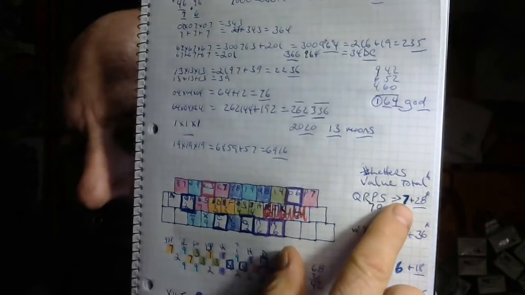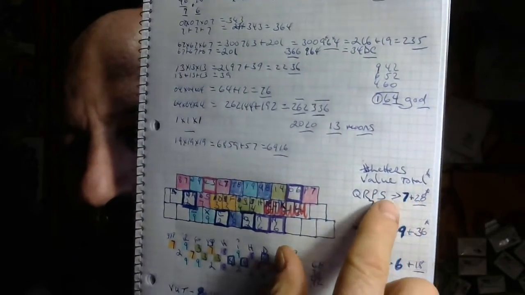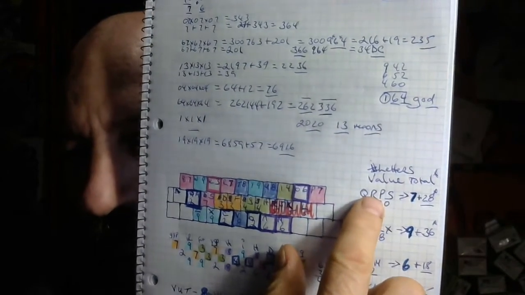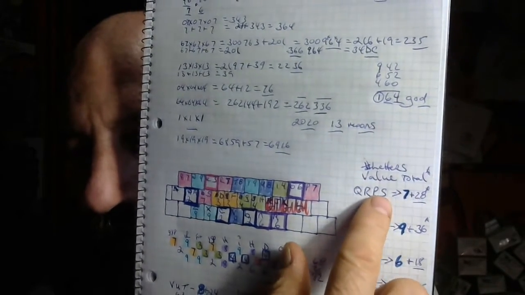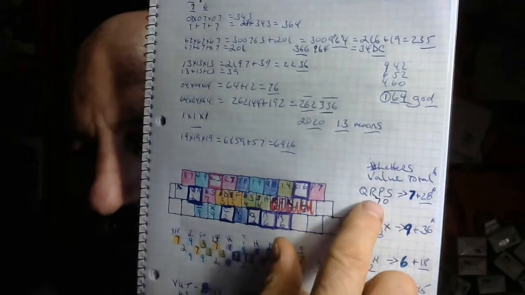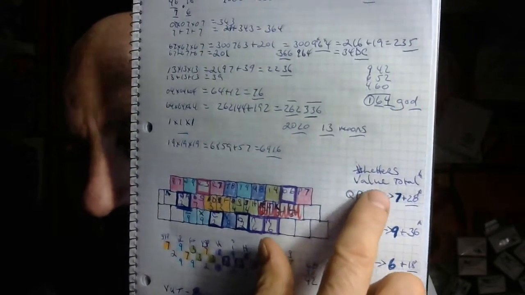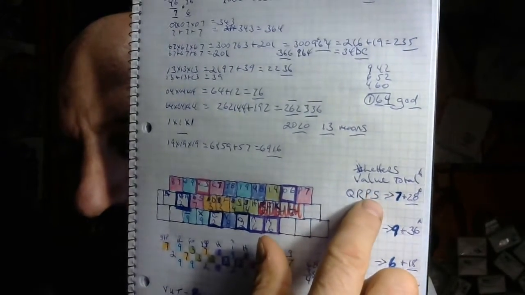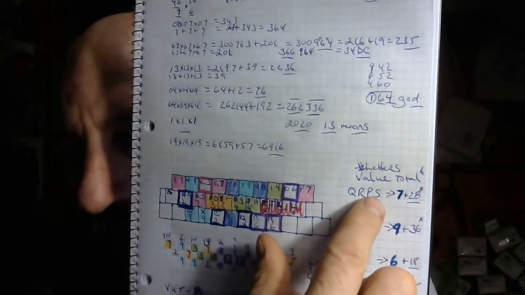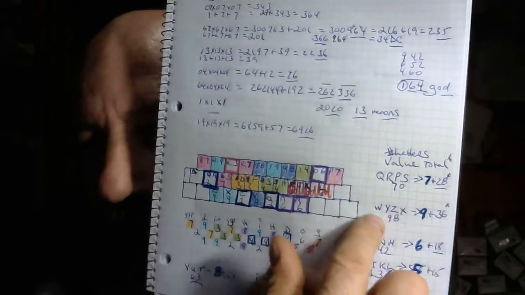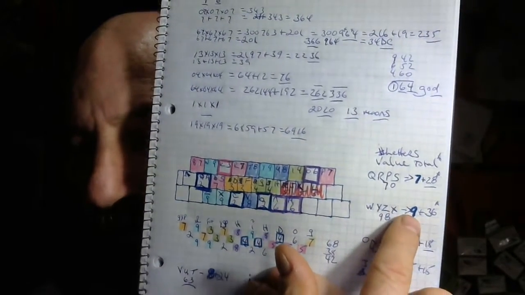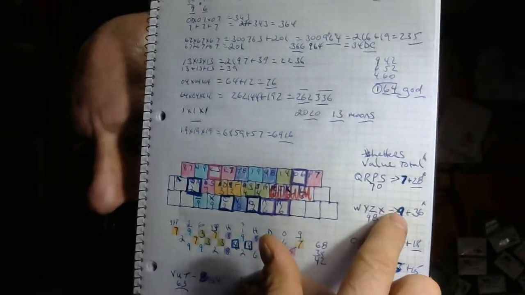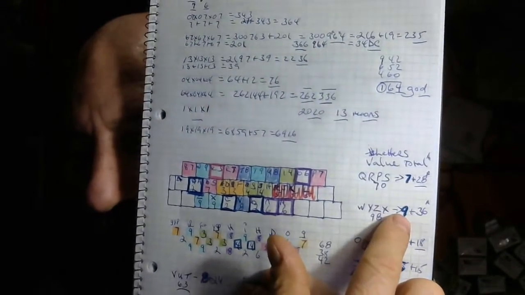QRPS is all in group number 7. There's 4 of them. 28, the cycle to the gateway, is the moon. 8, 9, 7, 1 or 7, and 10. 1, 4, 7, and 10 is all inside S. 1, 4, 7, and 10, or 107, is 5 times 2 plus 5 plus 2, and that is the Earth heart inside the S. WYZX equals 9. 9 by 7 equals 63, and 16 equals 79 again, the gateway of the I birth.